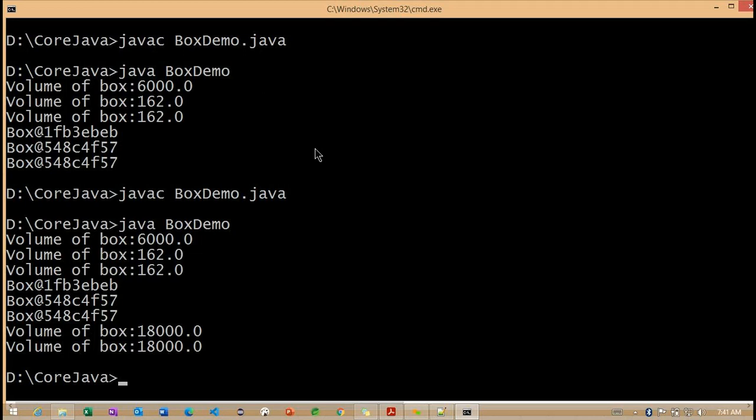Even though it is a different reference, if we change this particular object's information, it is going to be reflected in the other object reference as well, because both the object references are pointing to the same object here. So you can see both are having the same reference. We need to understand this very carefully when we are trying to copy.